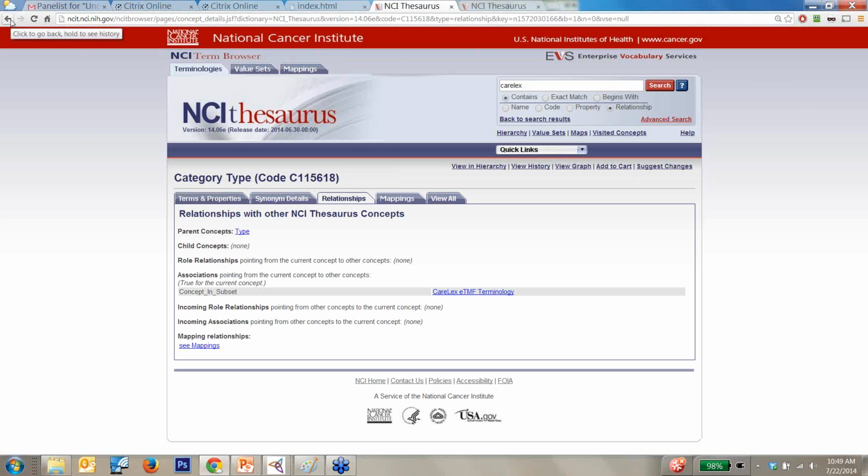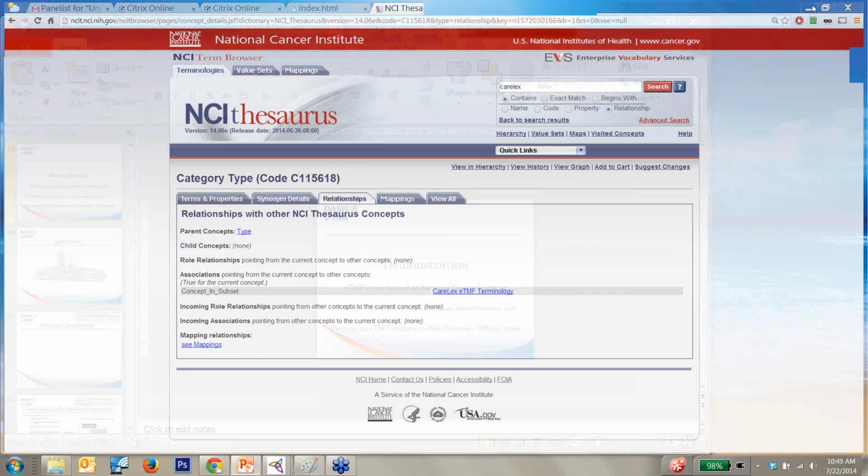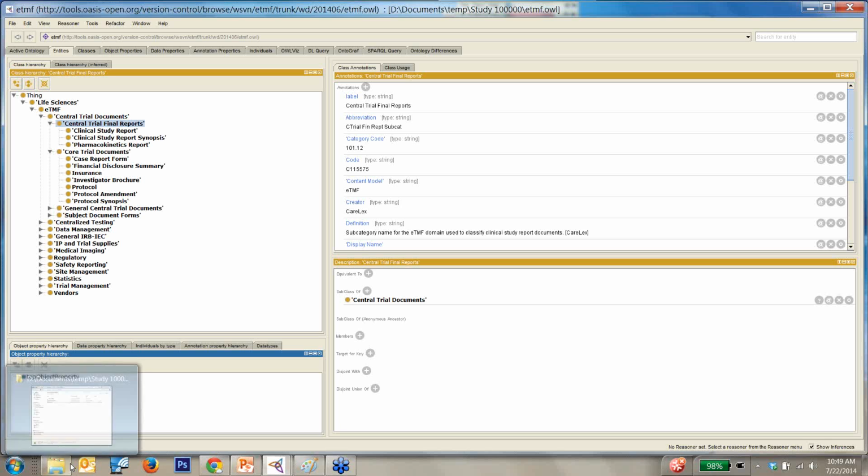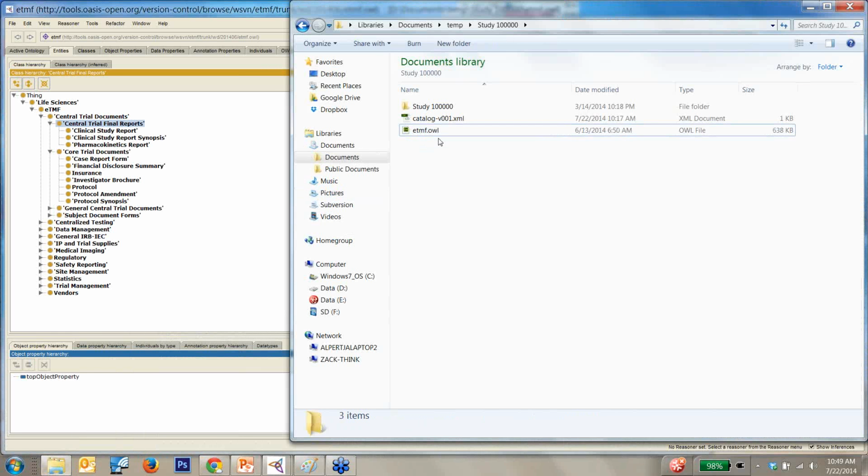This is all curated by the National Cancer Institute. So let's switch over and talk about the next item in our demo, which is the Protégé tool. For those of you who go to OASIS and download the code, you'll see a file